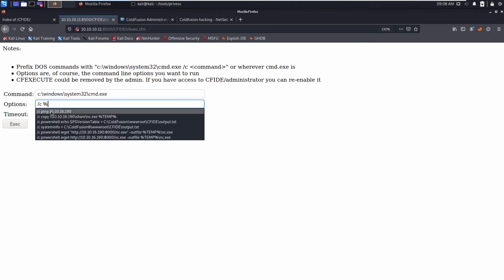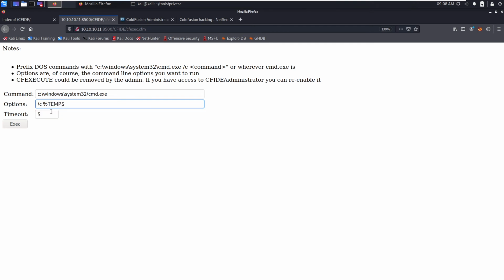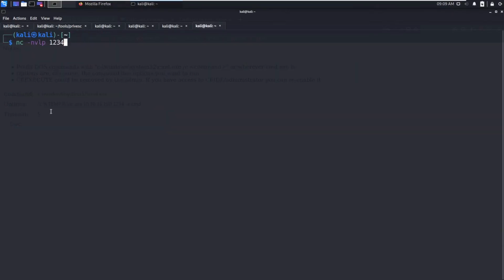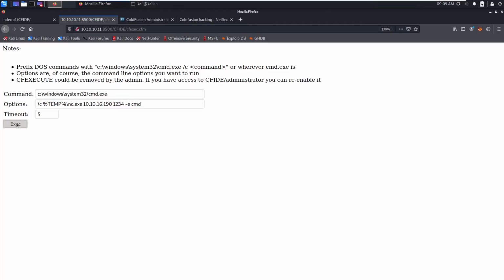Now what we can say is %temp%/nc.exe, and the IP, connect to 1234, and upon connection execute cmd. Let's start the listener on 1234 and execute this one.